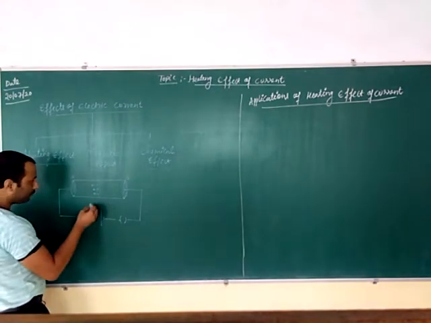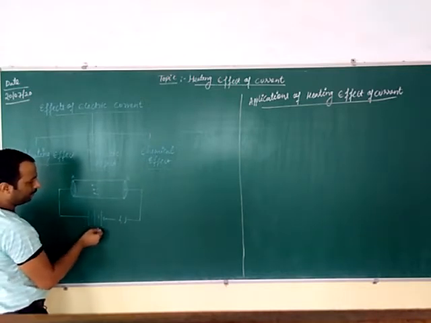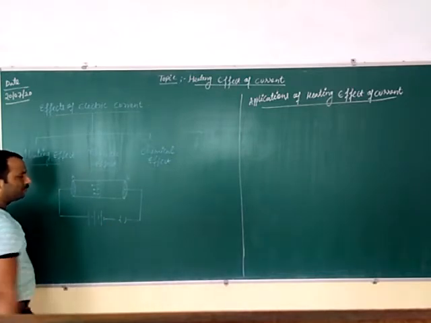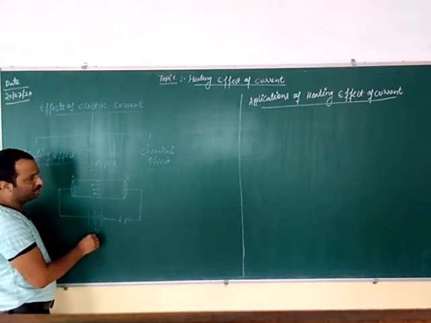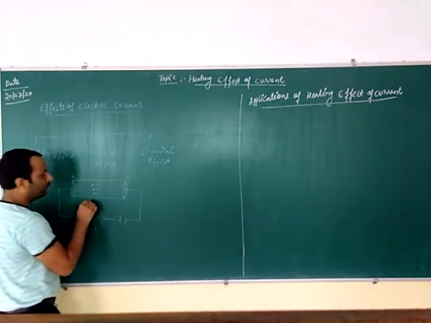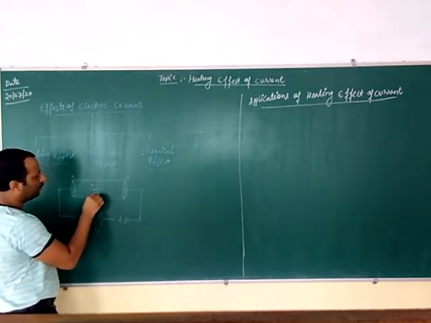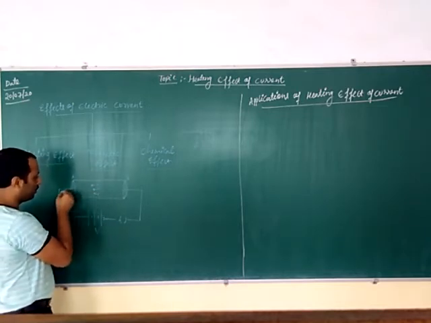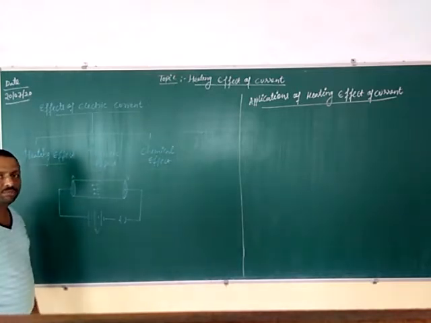So we will study. See here, a wire which is connected with a battery, and this is a switch. So when we close the switch, what will happen? See here, when a potential difference is applied, this thing we have learned earlier, an electric field will be set up. Then what will happen? The electrons will start moving towards this end, that is towards the positive terminal of the battery. So during their motion, what will happen?